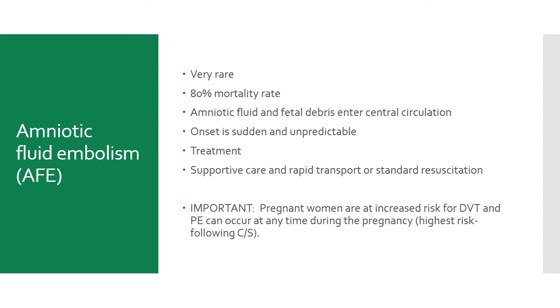And then it travels to the pulmonary vessels, where it gets caught just like any other embolus, and because it has all those proteins and lipids and carbohydrates, but it also has the hair and the vernix, the lanugo and the vernix, that, remember, belonged to the baby. The maternal body recognizes that as a foreign substance and starts to have basically an anaphylactic reaction to it within the pulmonary vasculature. And so then there's this huge inflammatory response within the lungs, where the blood vessels get really congested and just shut everything down, and the person will have a sudden onset of hypoxia, tachypnea, tachycardia,